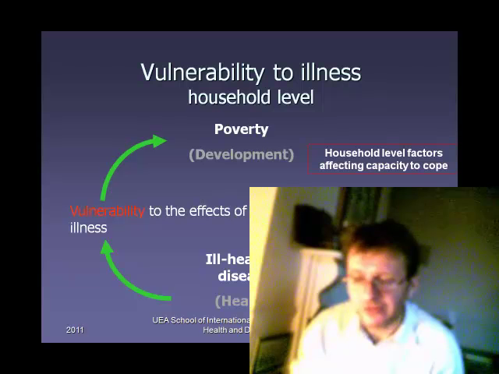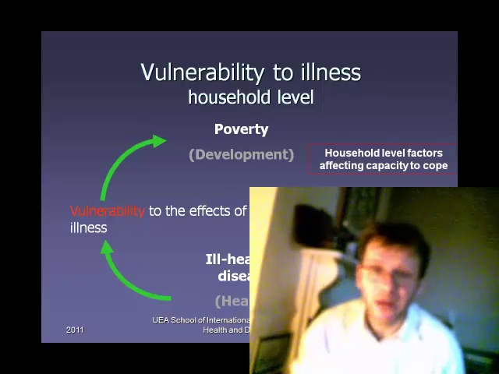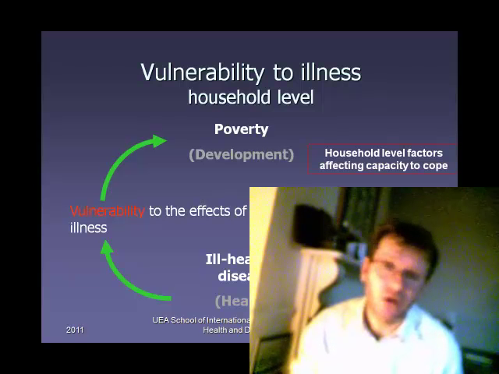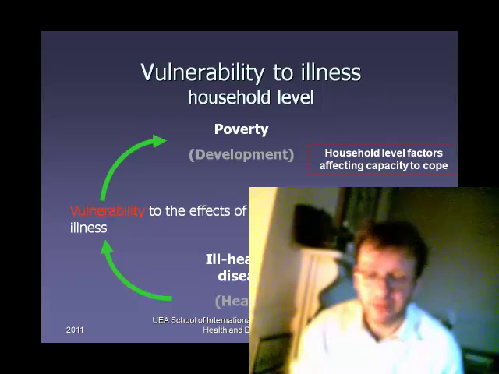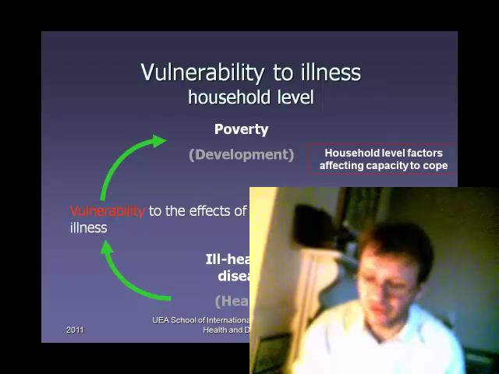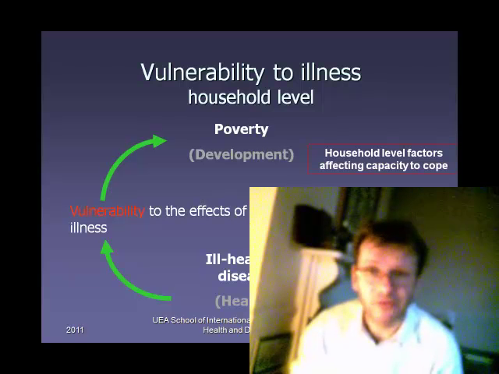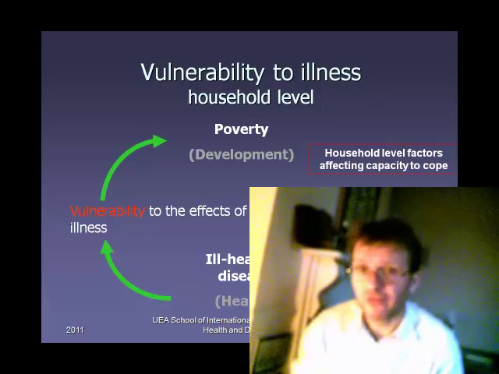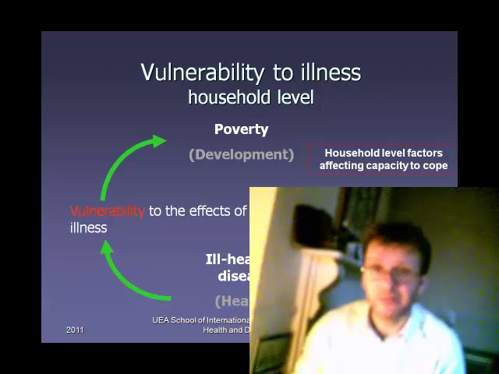Now, the first one is the type of disease. Obviously, a minor disease, such as a cough or cold, isn't going to cause too many problems. It's self-limiting. People will get better, maybe just take some paracetamol, which aren't that expensive. But a more serious illness, such as malaria, that requires expensive treatment if it's not provided free by the government,